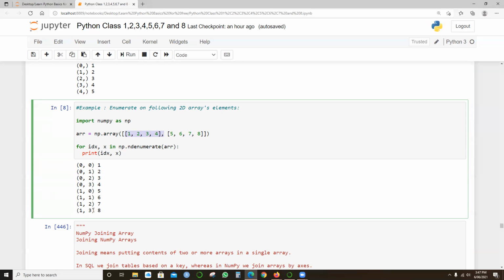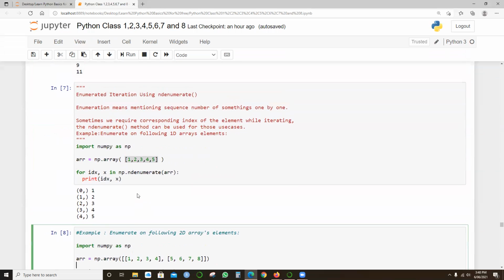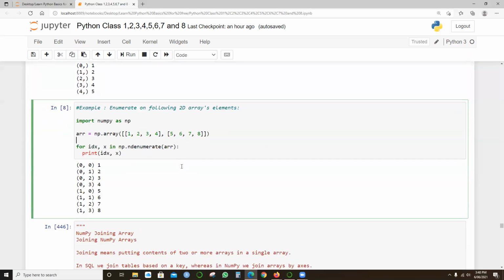We're just trying to differentiate the values between the 0th dimension and the first one. So we just try to display the values. Let's take one more example, and I think with the enumeration, we're done.